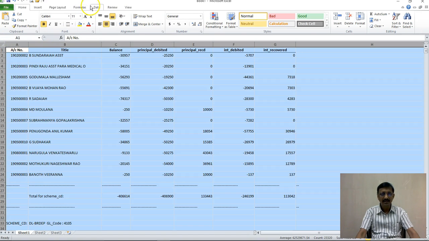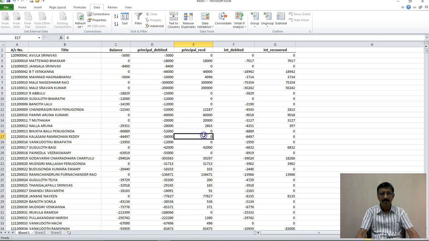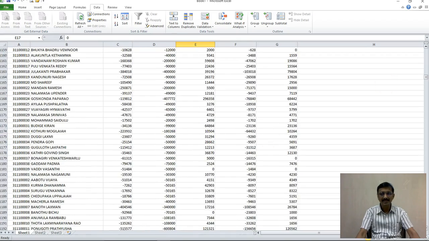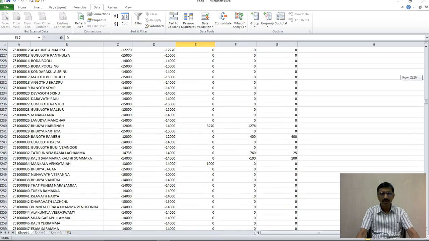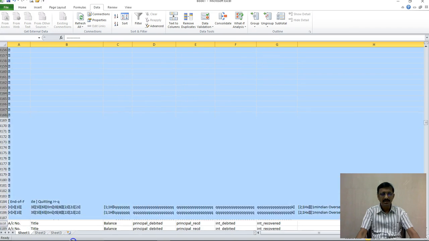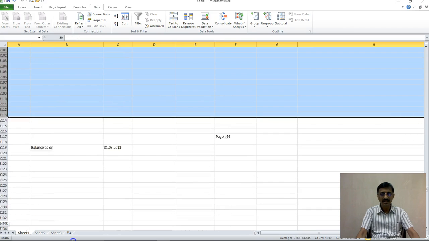Now here we have unnecessary lines. So I will select, go to data and sort. The data has headers. So what shall I sort on? Account number, values, smallest to largest. You can leave the message and then press OK. Now what has happened is, the unnecessary lines are being removed. Now we shall check up to what place the data is there. So there are 2703 records,